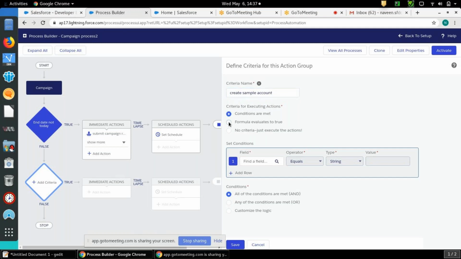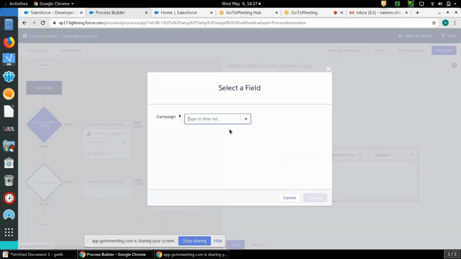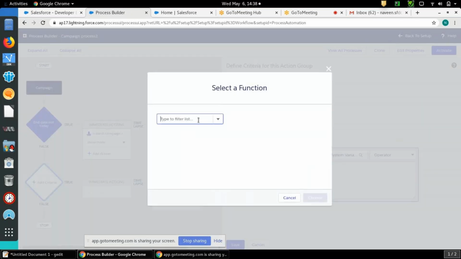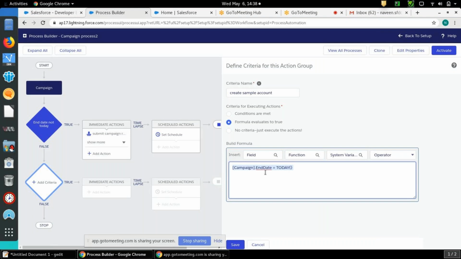This time also I'm going to click on formula evaluates to true and field like end date, operator equals, function date time, select today. So if campaign end date equals today, I want to create a sample account in the account object. Okay, criteria is done.